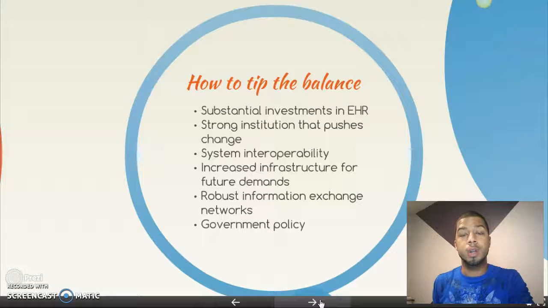Thinking about increased utilization, which is the ideal goal for EHR, it's going to be important to have an infrastructure that can support the future demand. And thinking about the future demands of EHR, it's also important to have a very robust information exchange network in place, so that it can facilitate that type of exchange of information. And I am a big advocate that it's going to be important to have some form of